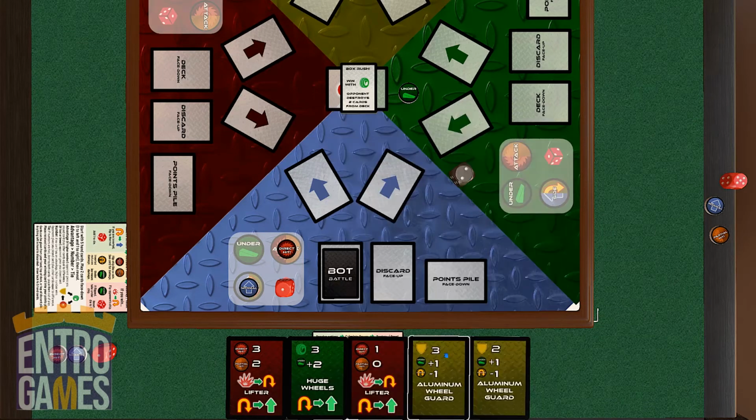worth 1 less power. The under chip starts in the middle of the table, and the first person to flip their opponent collects the under chip. And this chip can go back and forth between players as they flip each other or gain the advantage. Think of the under chip as the advantage that one player has over another in any given moment of